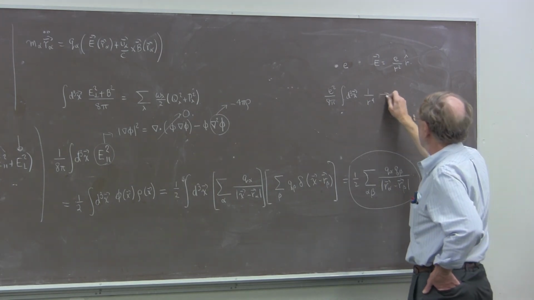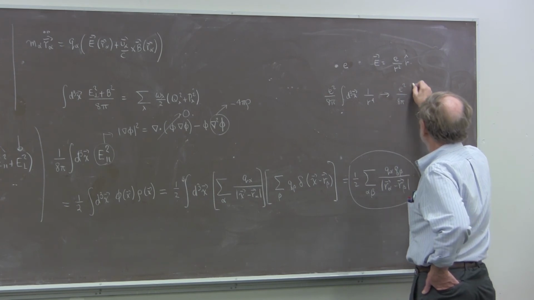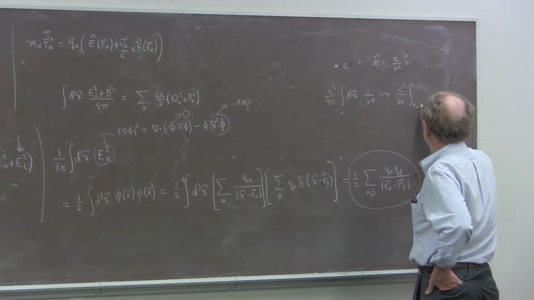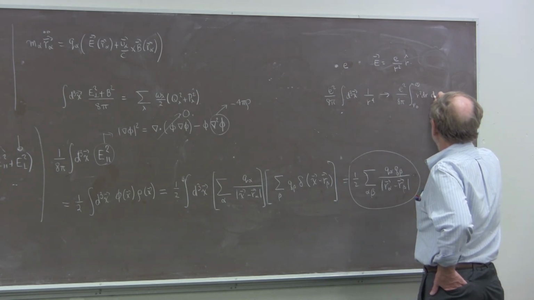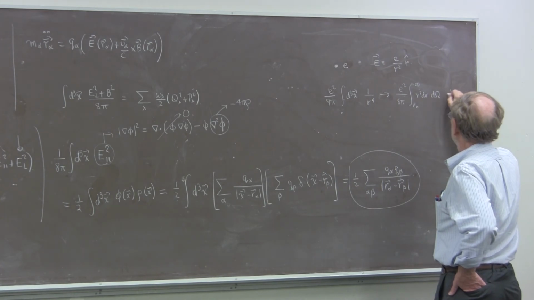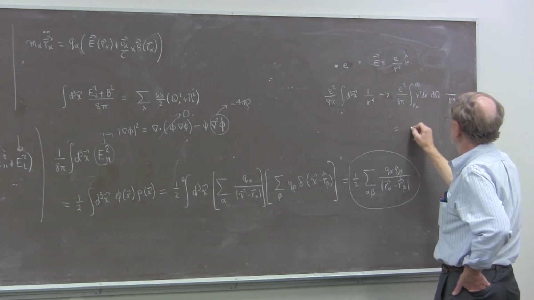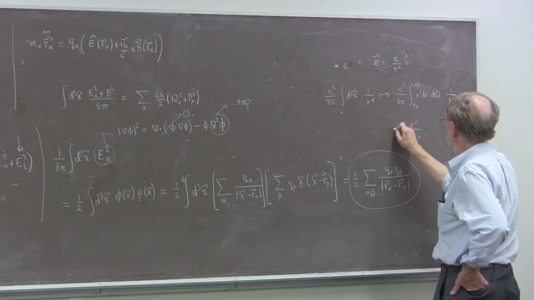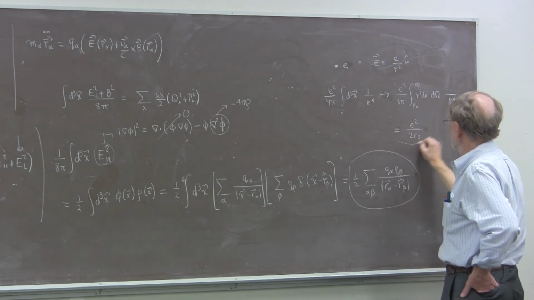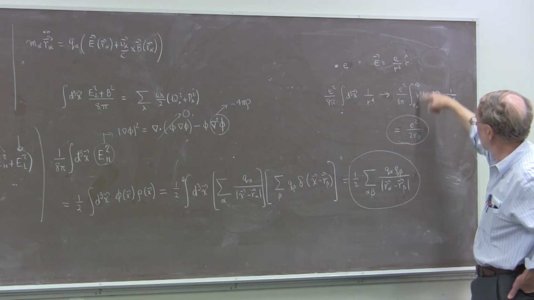To take care of that, let's replace this by e squared over 8 pi, and make it an integral from a lower limit, let's call it r0, to infinity, r squared dr d omega, solid angle, and then 1 over r to the 4th. If you evaluate this, you get e squared divided by 2 r0. This is the energy in the electric field from the radius r0 out to infinity